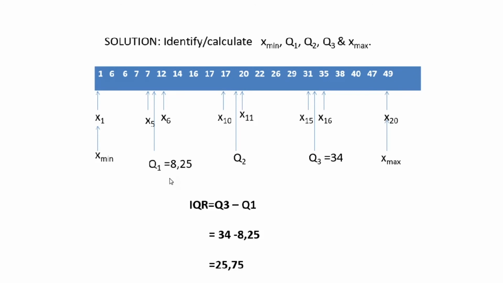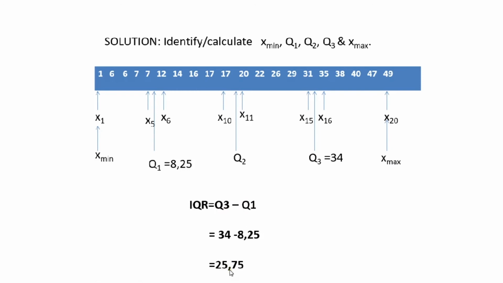Now, from the first question, you remember we had the minimum value, Q1, Q2. I'm just skipping it for now because we don't need it to determine the fences. Our Q3 is there. I also indicated the maximum value because they will help us. I have done the calculation for the interquartile range, which you will know from our level 2, that is Q3 minus Q1, and that gives us